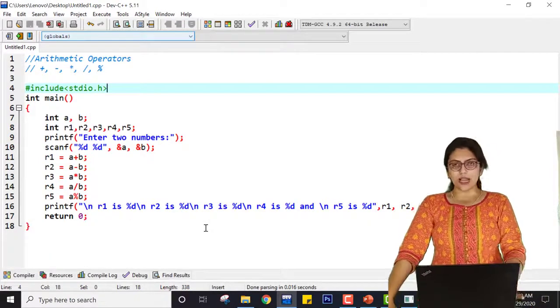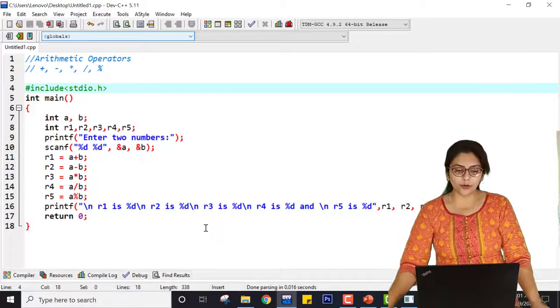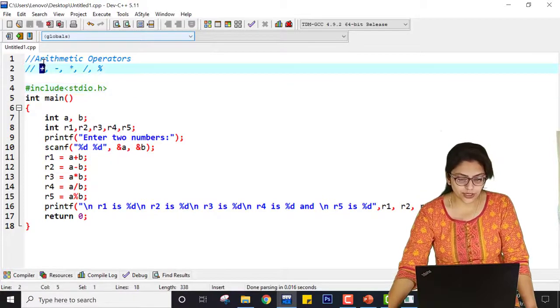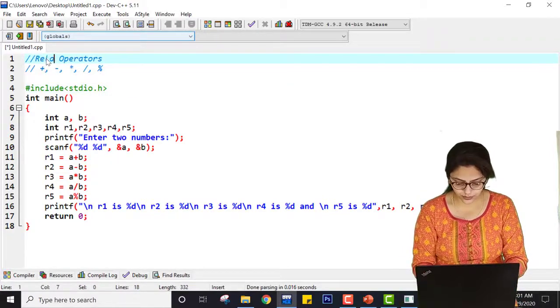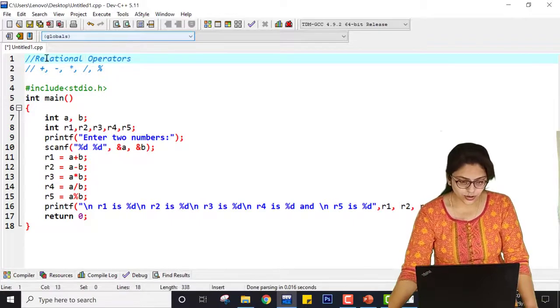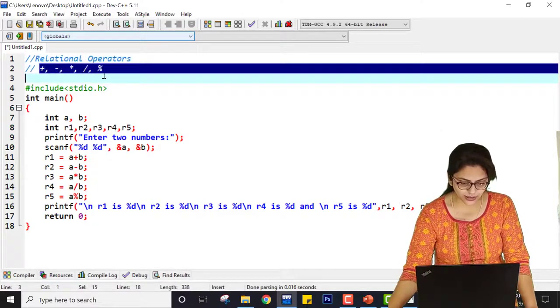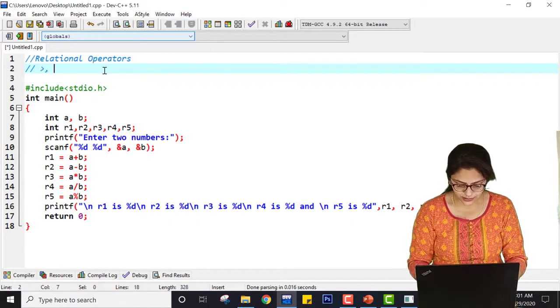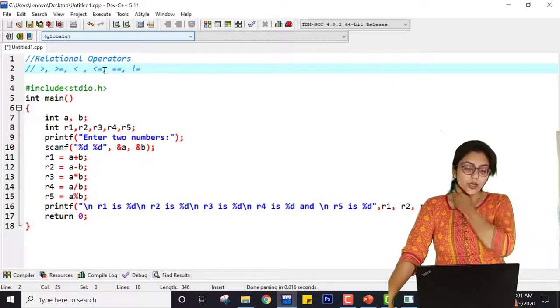So this is all about the arithmetic operators. Now I am going to talk about the relational operators. The relational operators are nothing but less than, less than or equal to, greater than, greater than or equal to, double equal to and not equal to, right?